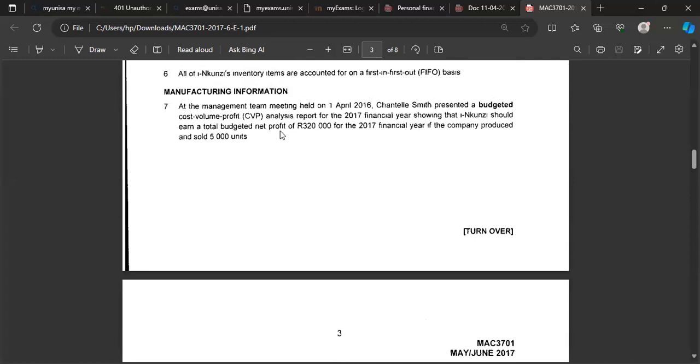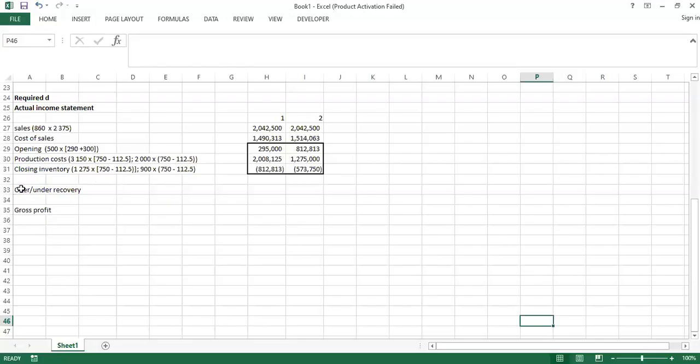But because the production occurs evenly throughout the year, we need to break it down now, because we are dealing with 2 periods. We'll have to break it down between the 2 periods, where we would have now 3,000 and 3,000 for period 1 and period 2. So let's see how we can work that out. See, sometimes we need to think very fast in an exam. Right, so let's put that and say this is gonna be working number 1. So working 1,